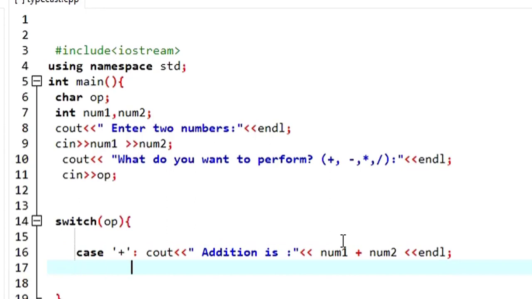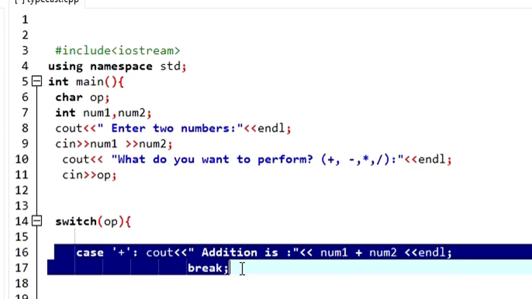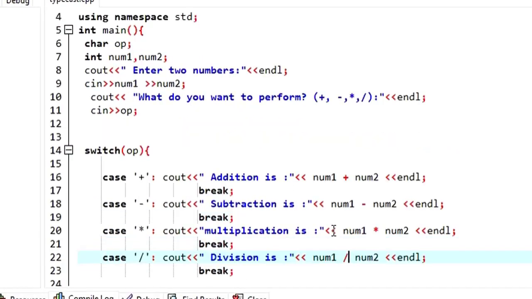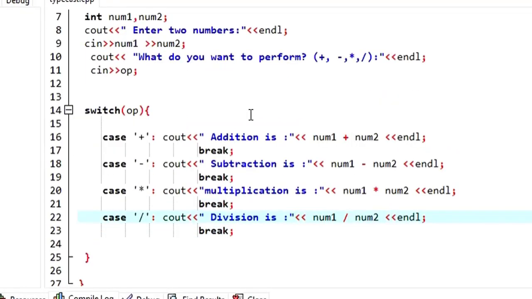It's very important for you to break the statement. Remember, otherwise it will not break the condition. Same, you are going to do the same for the rest of the operations. So let me just copy and paste and rename the operation. Okay, now I have managed to write the cases for all the operations that we want to perform based on